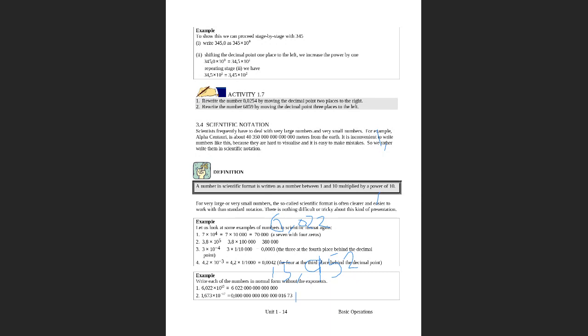So it's going to be 1.5952 times 10 to the exponent 1, because you moved once, and it will be in scientific notation. The key thing is that this number must always be between 1 and 10. Then whatever adjustments you make here, this number and this number will be the same. Does it make sense to you?